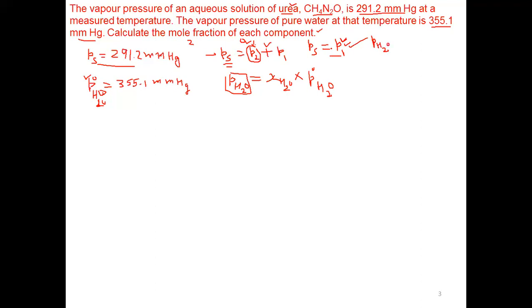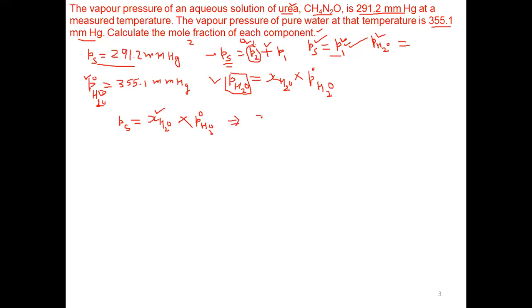So we can say vapor pressure of solution is equal to the vapor pressure of water in the solution, and its value is given, 291.2. Now we have P water, which we can again write in a simpler form. Pressure of solution is equal to mole fraction of water. Now you have to please understand why I have replaced P water and P solution, because when the solute is non-volatile, both are the same, multiplied by P water in the pure state. Now we can easily calculate mole fraction of water from this.